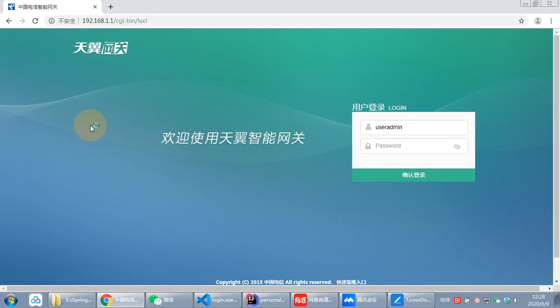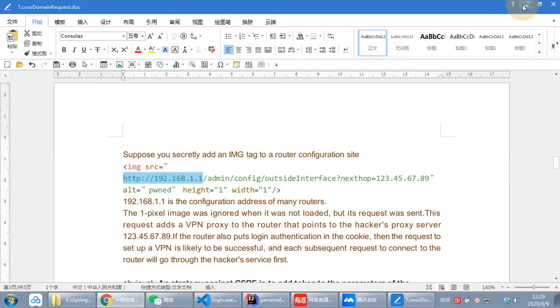Here you can see this of my house. The routing, okay. For example, if the website adds an image, the image argument is next hop, this address. This address is a dangerous